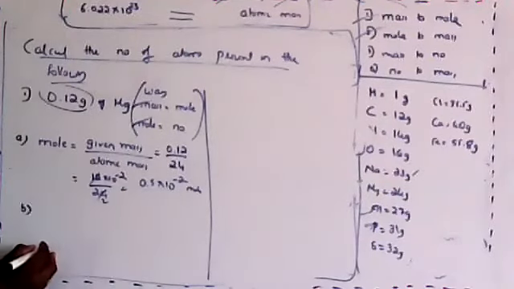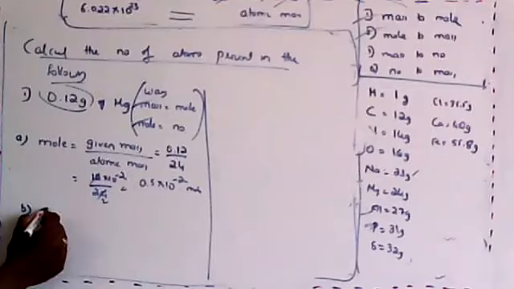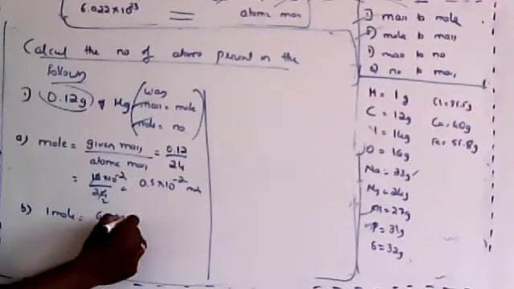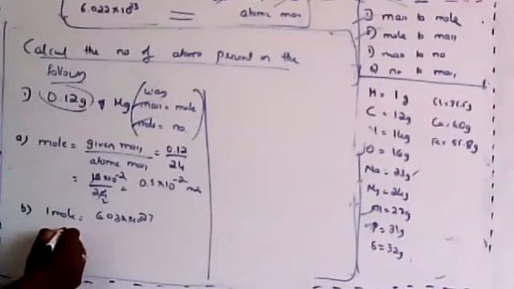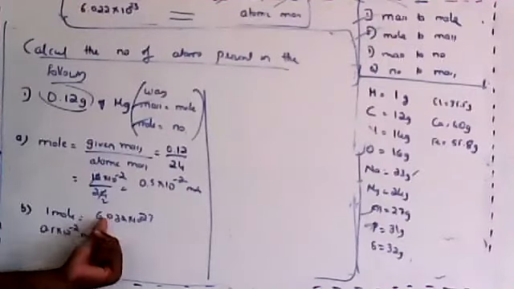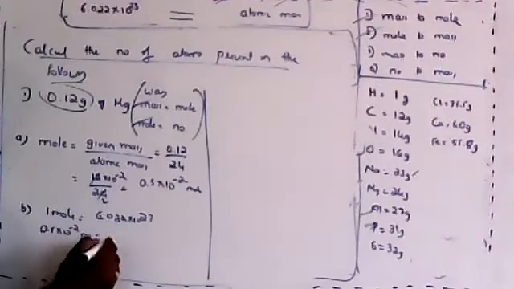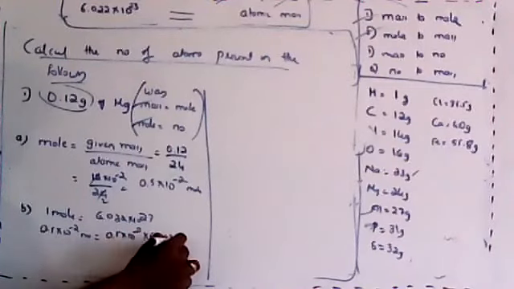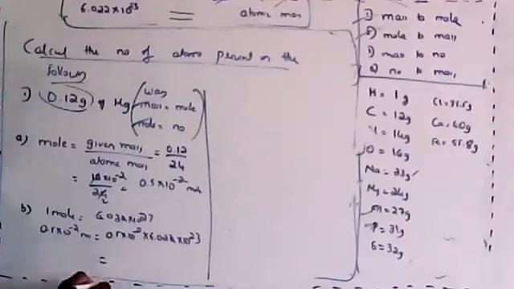Now convert this mole to the number. How to convert the mole to the number? 1 mole of anything will be equal to 6.022 into 10 to the power 23. So 0.5 into 10 to the power minus 2 mole will be equal to this into this. The simplest formula is also given to you. Yes, Anirudh, I feel now it is right. What is the simplest formula? Just multiply the mole by the number. So it will be 0.5 into 10 to the power minus 2 into 6.022 into 10 to the power 23.